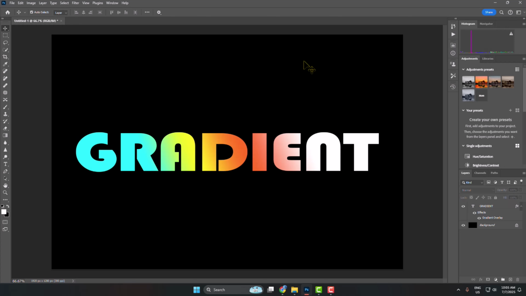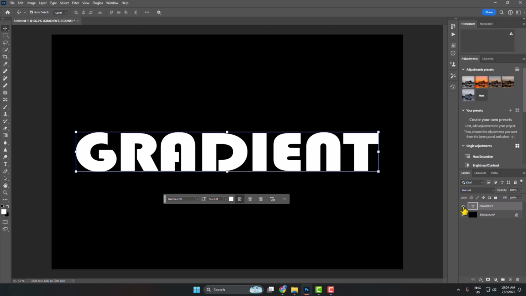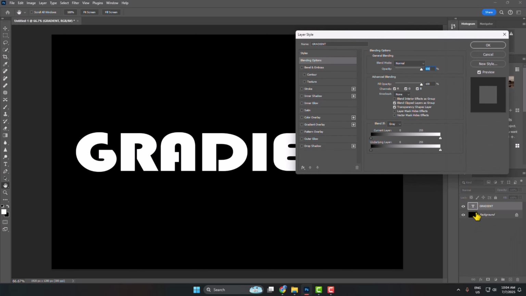Let's see how to make a text gradient color. So this is my text layer. I'm selecting the text layer and clicking on FX, opening blending options. In here, click on gradient overlay